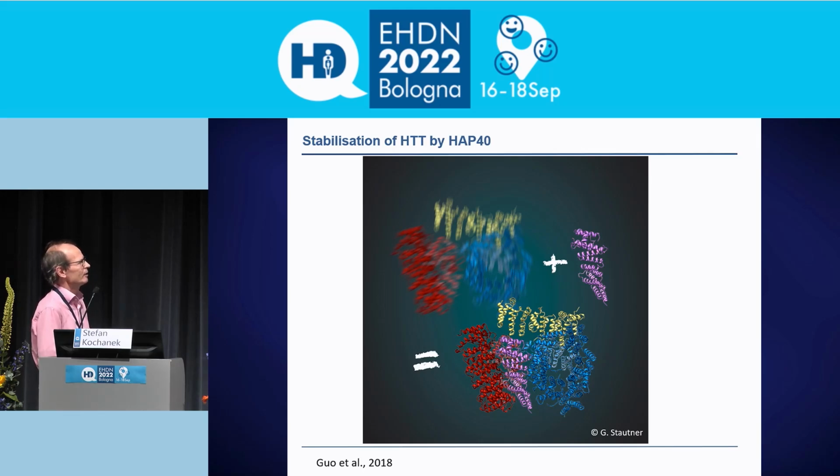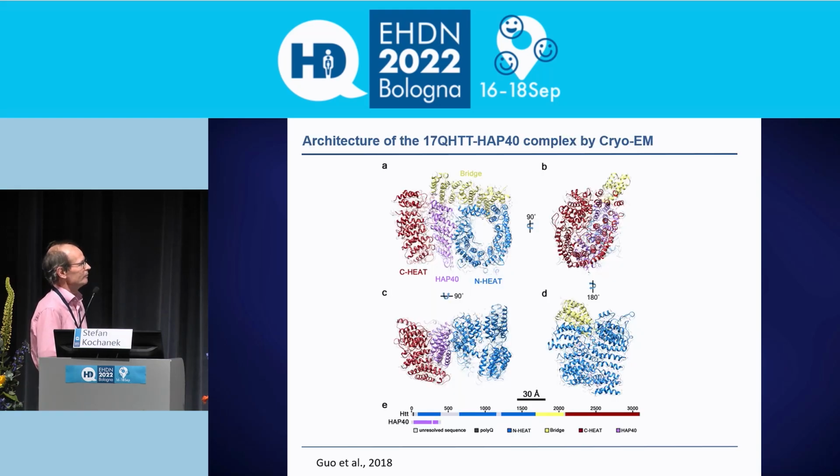But in combination with HAP40, we got this quite rigid structure so that cryo-EM actually was possible. This has been the first data on the high-resolution structure, and for those who are not so familiar, who haven't maybe seen the data,